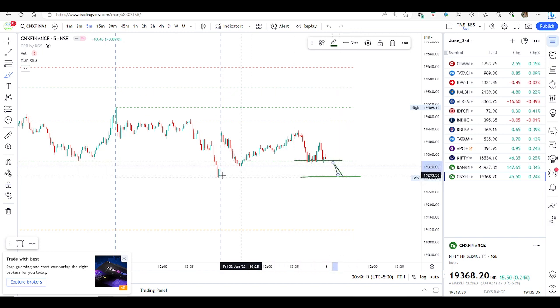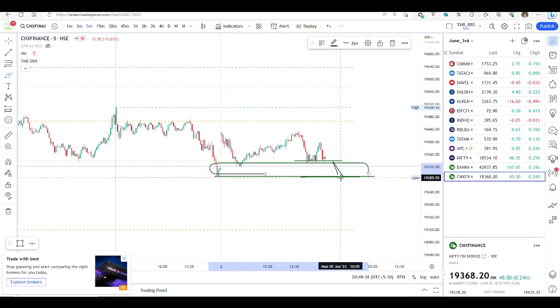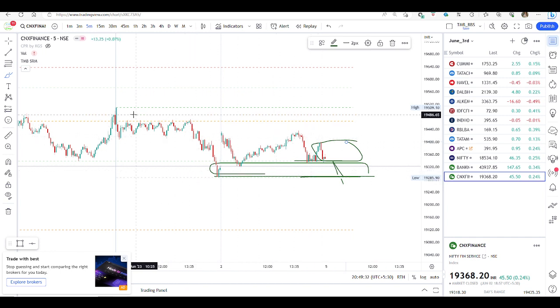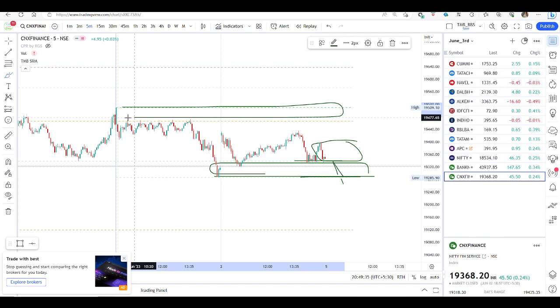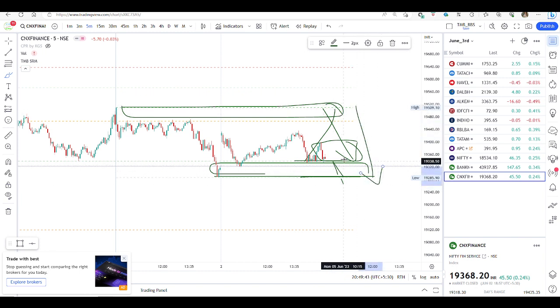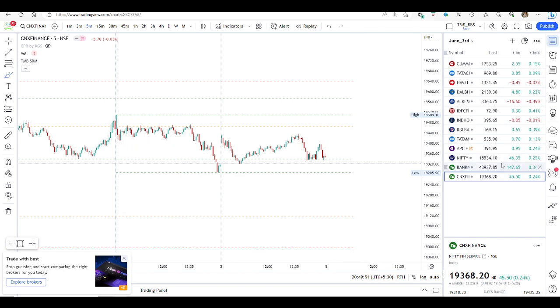If this opens gap down, I don't know yet, I will wait for the right level. If it opens in this range only, I will not look for any opportunity. But if it goes to this range, definitely I will look for the sell opportunity, because if somebody takes it in the morning, the other party is going to bring it down, because FIIs and DIIs are both in divergent mode. This is my analysis, very simple.